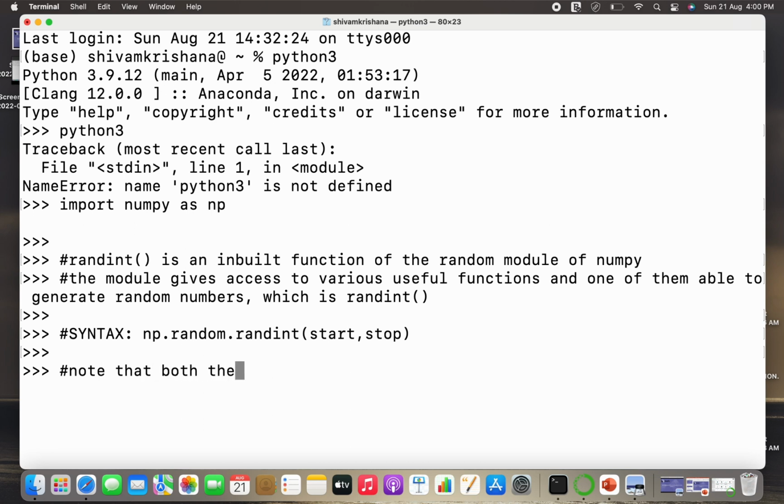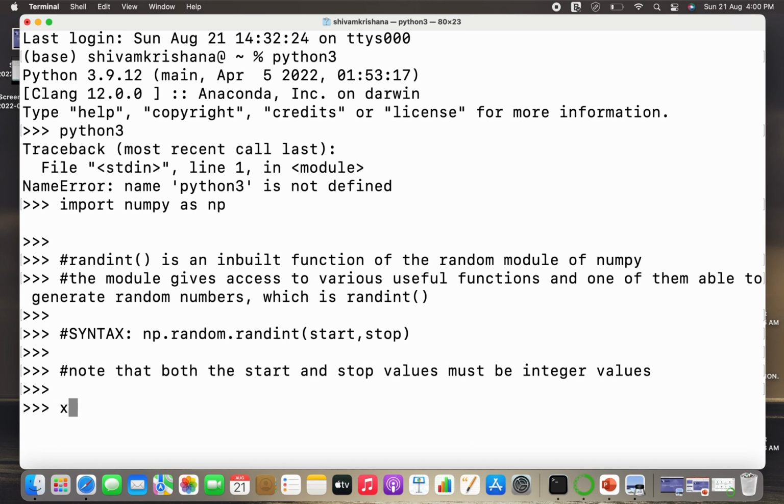Also note that both the start and stop values must be integers. The start and stop values indicating the range must be integer values, otherwise you will get an error while